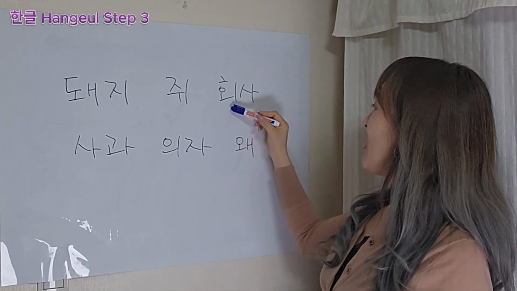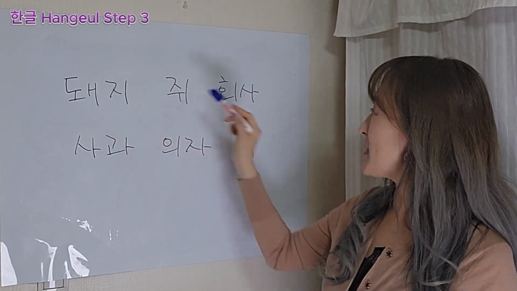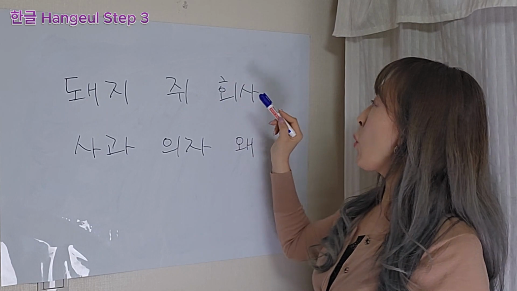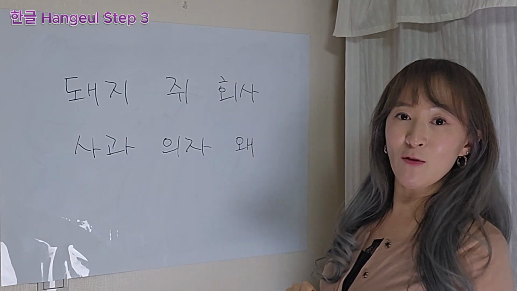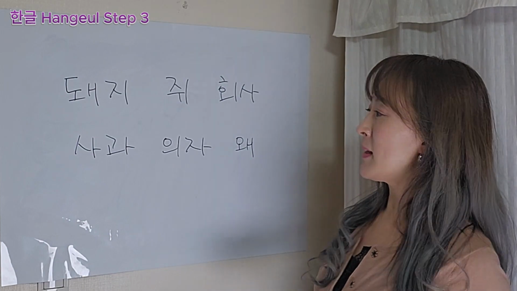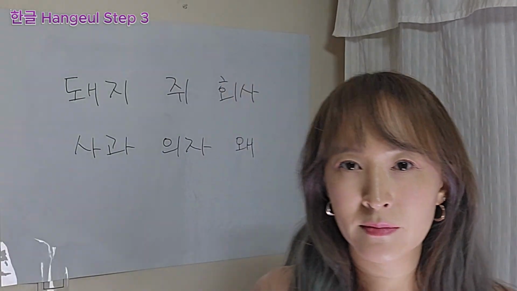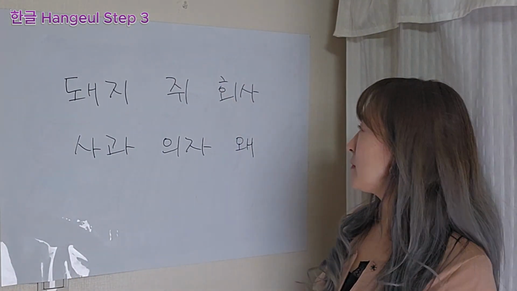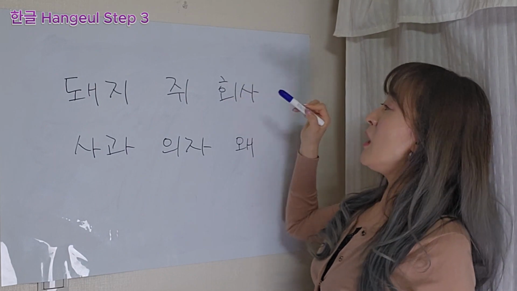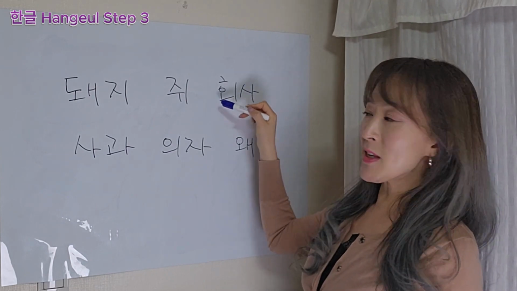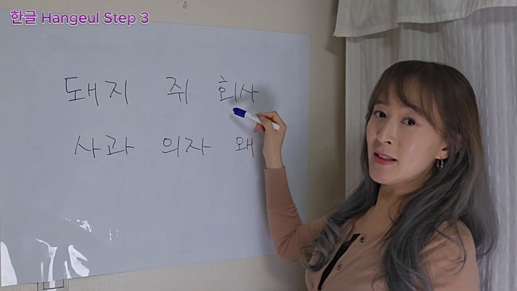This, remember, this was the we sound again, right? Same sound as this. We, so 회사 means office or company. Remember this sound? I said it was the same sound as this one here, we, right? So with the h, it's